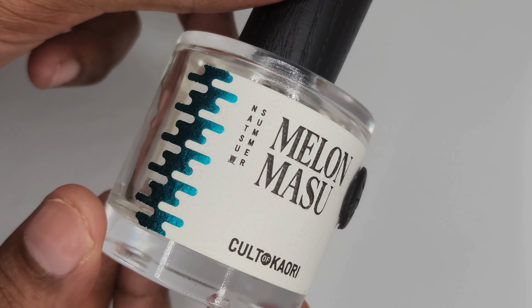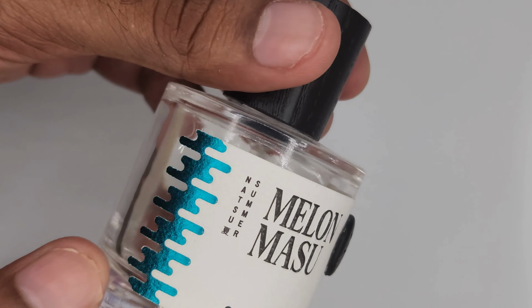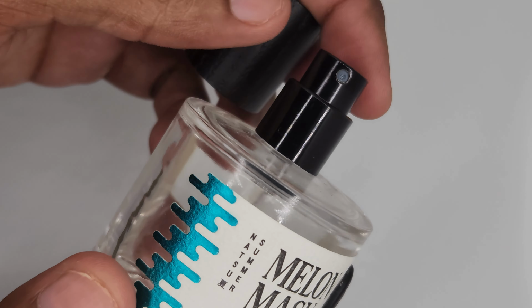He told me all about his time in Japan and how it inspired him to start his line of fragrances. Cult of Cowrie, which is his brand, by far makes the most unique fragrances that I've smelled in the last 2 years. While I was at his table, I told him I was on a no-buy, but Chris, being the great guy he was and seeing how excited I was about his brand, gave me the 2 testers he used